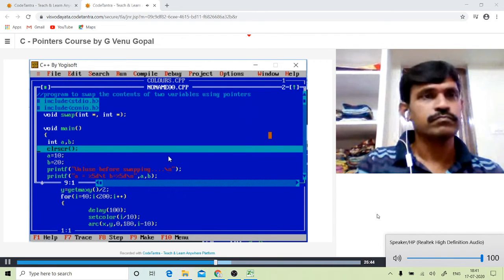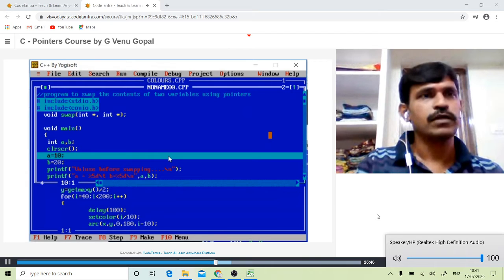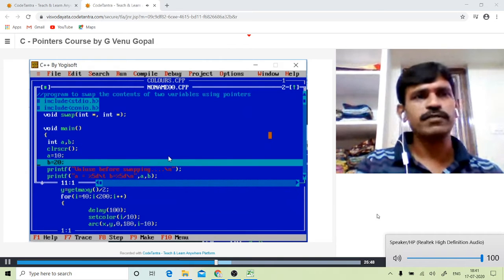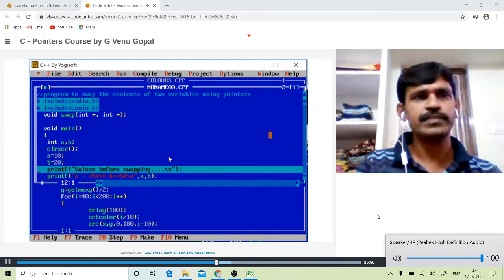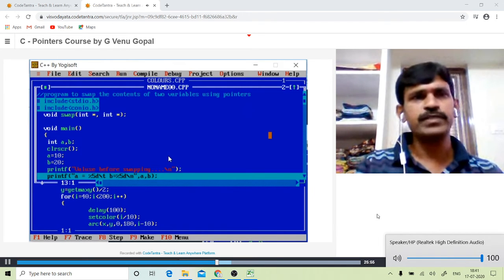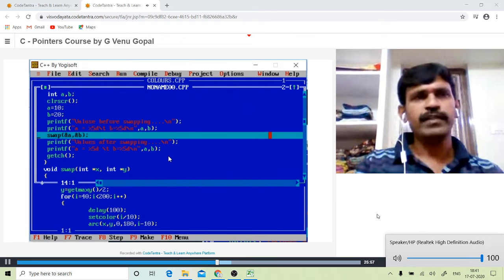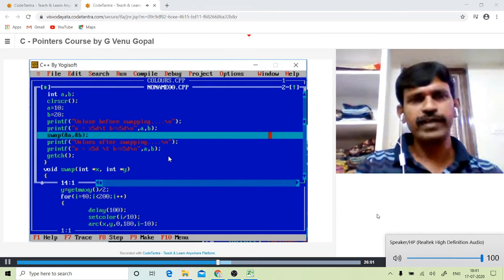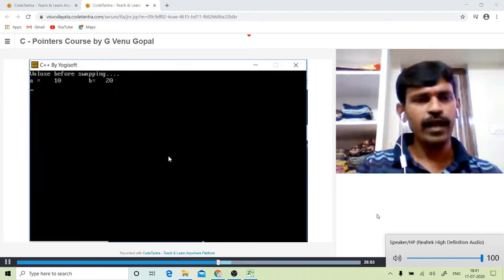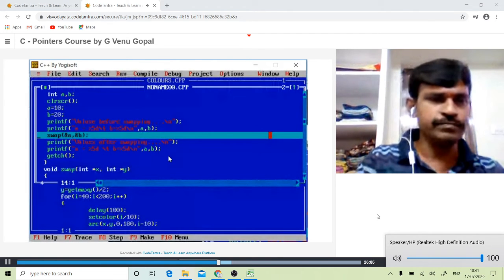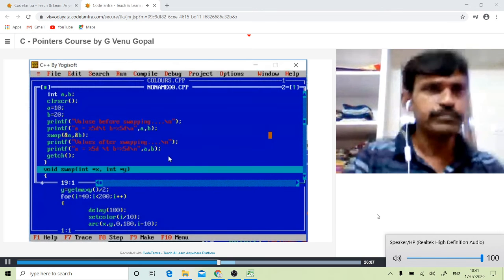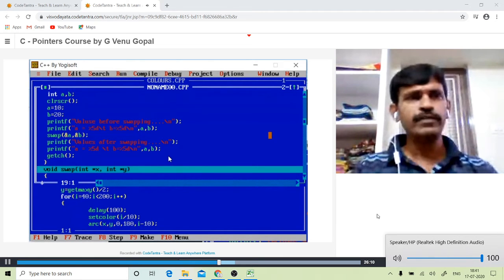First A and B are created, then the screen gets cleared, then A is initialized to 10, then B is initialized to 20, then the values of A and B are printed, A equal to percentile 5D, the values are printed. Until now, let us see the output. So this is the output till now. Then let us continue, F7, the tracing key.